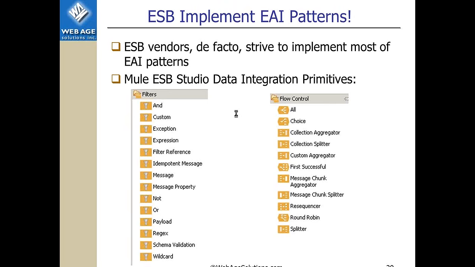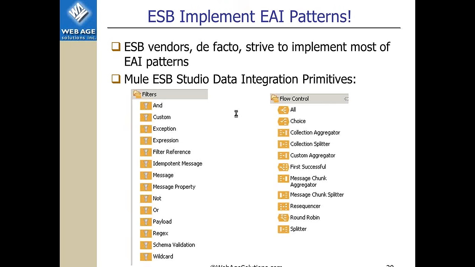Many ESB vendors, whether they are in open domain like open source projects or proprietary ones, they strive to implement most of those 65 enterprise application integration patterns that we quickly reviewed.